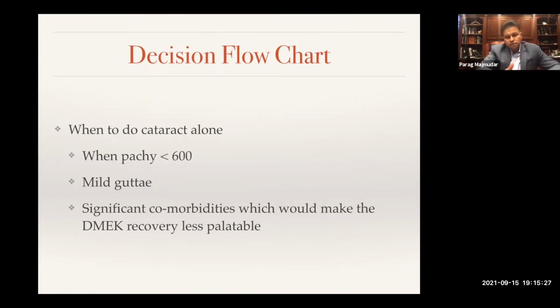Now, when we have that situation, of course, we have to think about the overall situation, not just central corneal thickness or specular microscopy or cell counts. Think about the patient's overall situation and ask them what their social situation is and how they have help and can they function with their other eye, for example. If you do DMEK on a patient that's monocular, you have to warn them that they're going to have maybe a week or two or three, whatever the case may be, before they can see well and start to function. So I think that's really a